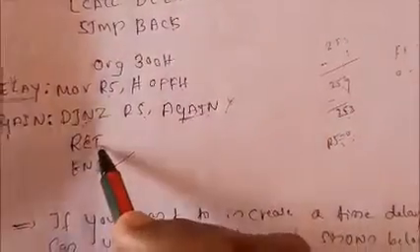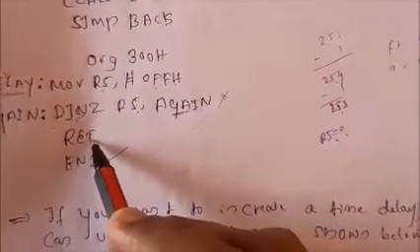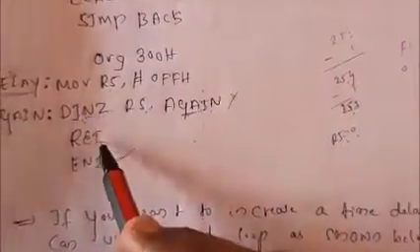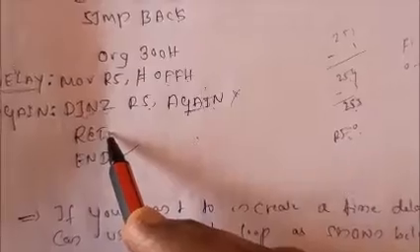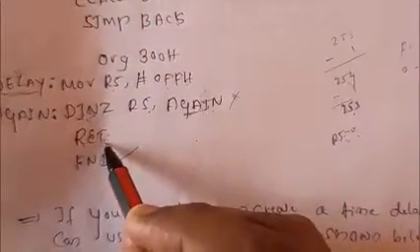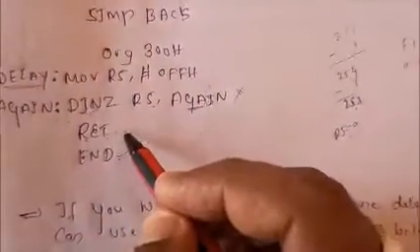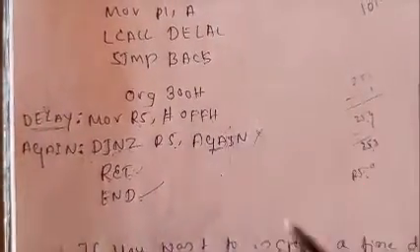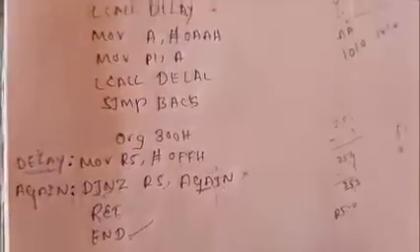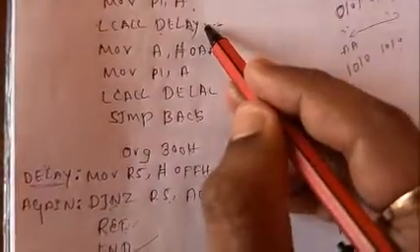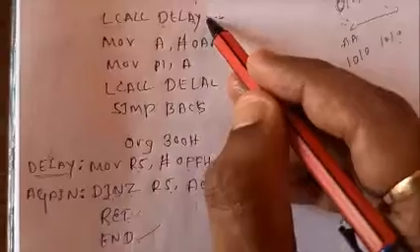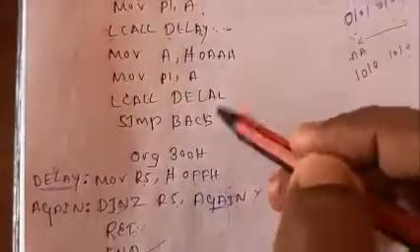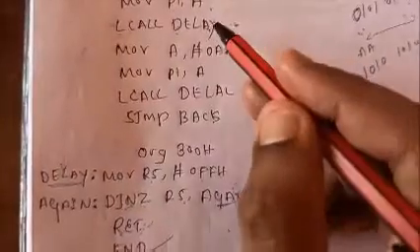Then it will come to the RET. As I already said, this is a subroutine program. I have written RET, that means RET should be the last instruction. Once the RET occurs, what happens? Your execution will transfer back to your main program. The main program means where it was stopped. Where was it stopped? It was stopped here only. For my explanation, I can say, okay sir, here it is stopped. But how it internally works here, that is the main part.